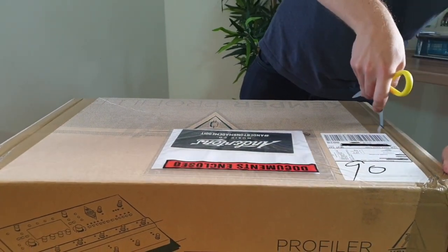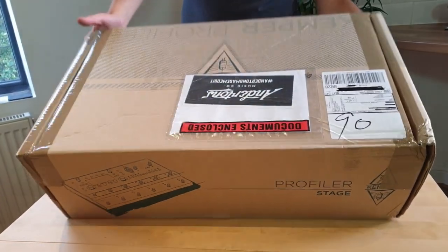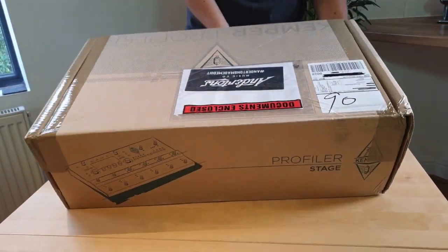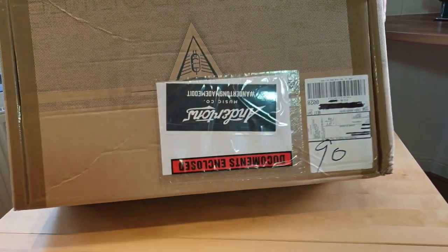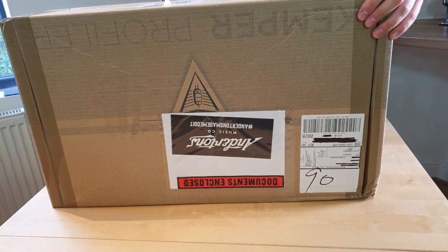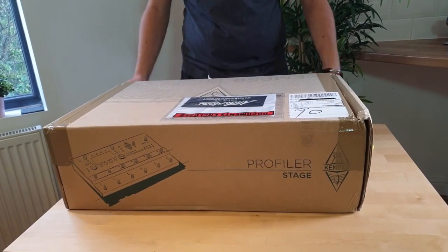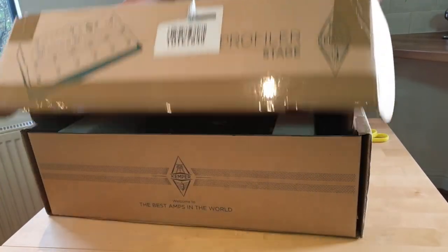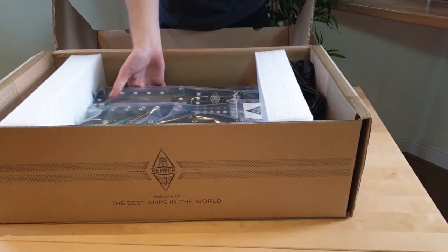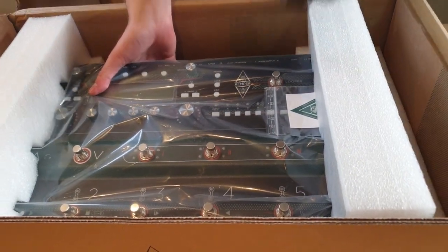Looks like quite a sturdy box. Right, I'm still working out how to get into this well-packaged item. Obviously you want it to stay closed in transit and be safe. Hopefully. Ooh, there's movement. Ta-da! Very sturdy. There's not a load of unnecessary packaging, which is nice, but we've got a power cable,